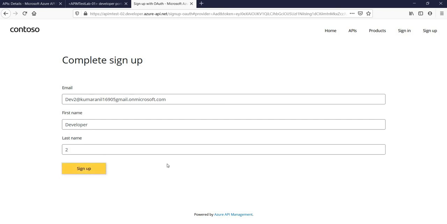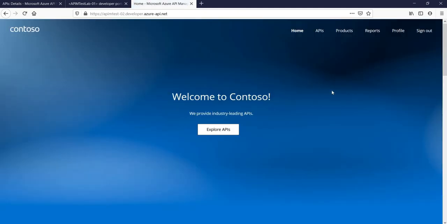Yeah, it is loading. Yeah, we have successfully logged in to the other APIM developer portal as well.